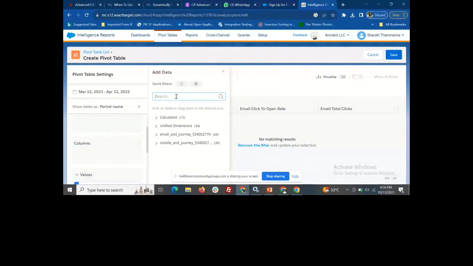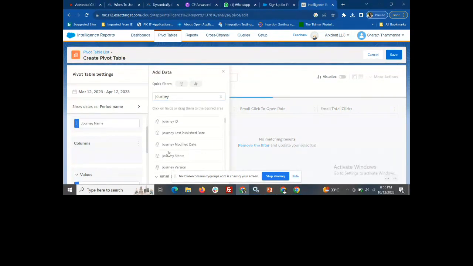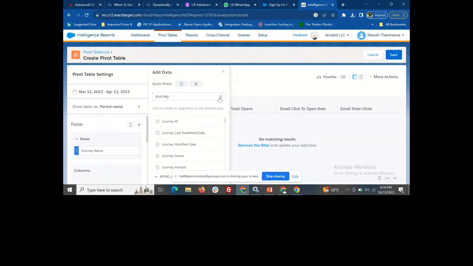And the next one is, for example, any dimensions like journey name, journey related. For example, I need to view which journey is performing very well. And I need to know the email content. By default, you have two options to check the email name. Either you go by email content name, or